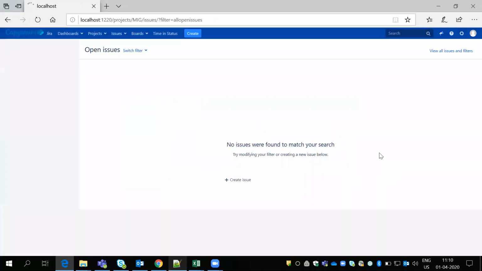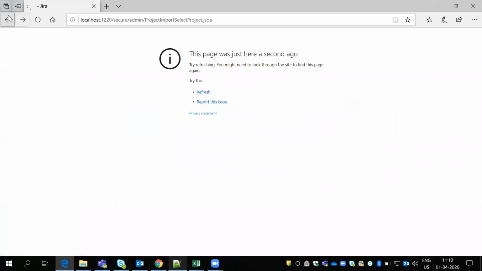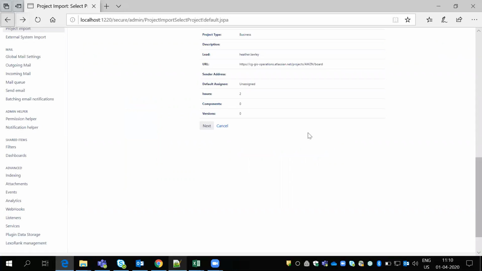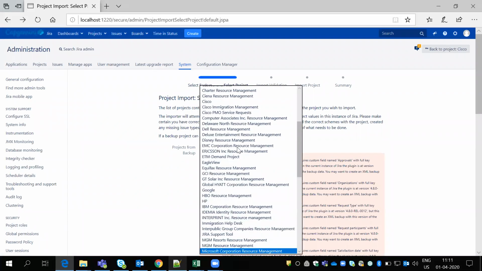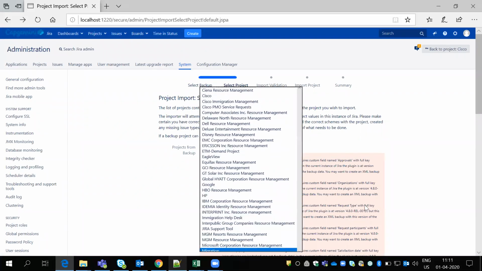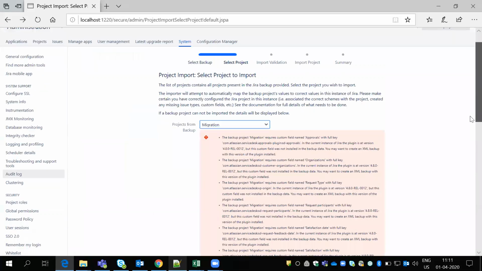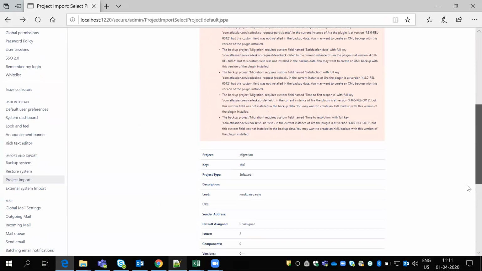The new project is not importing from this place, so we'll create these projects. What is happening here? Migration, same, so the key is not being asked now.